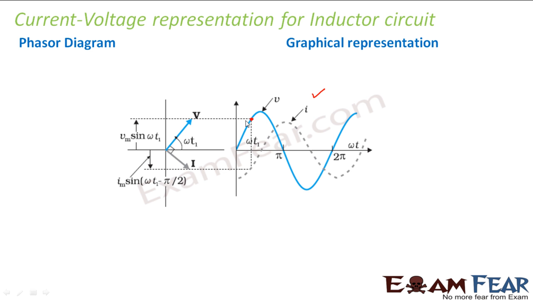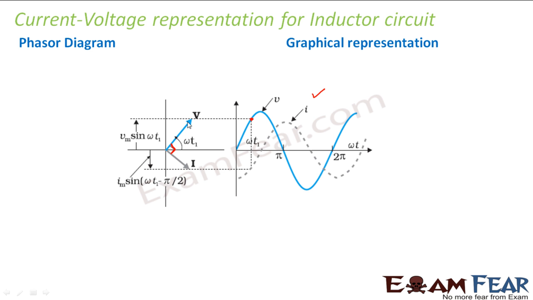Now what about the current phasor? How do I represent the current phasor? The current phasor here is lesser than the voltage phasor as far as peak value is concerned, therefore its length is shorter. And we also know that it lags behind voltage by pi by 2. That means instead of drawing it overlapping on voltage, I drew it pi by 2, that is 90 degrees, before voltage. Voltage will keep moving, so current will keep following voltage, and the difference between voltage and current at any instant would be pi by 2.